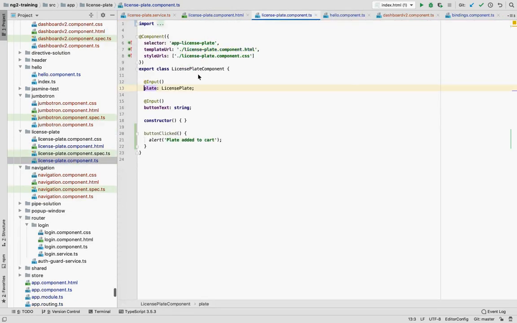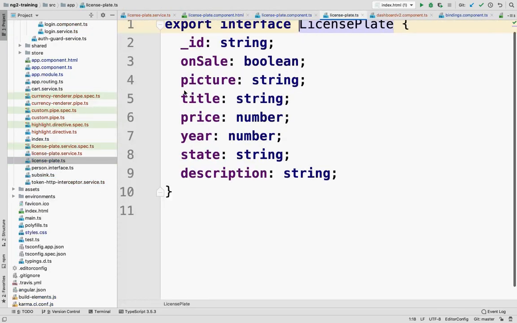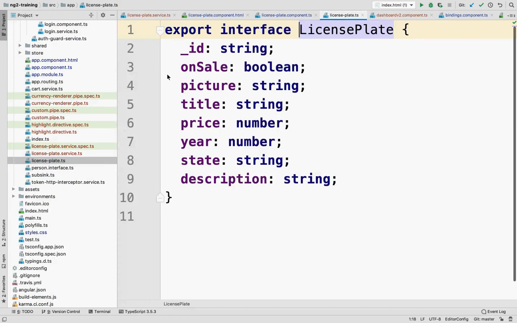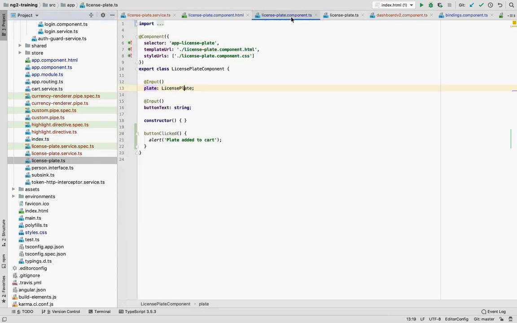So these license plate objects, they do have an on sale property. So that's the other nice thing about TypeScript. Because it is typed, I can create my own types. So here I created my own license plate interface that has all of the properties of the license plate. So on sale is a Boolean, true or false. The picture, title, price here, all of this is data defined in that interface.